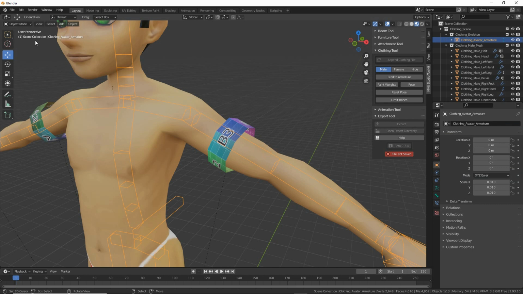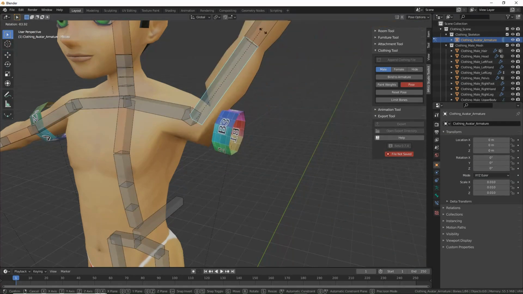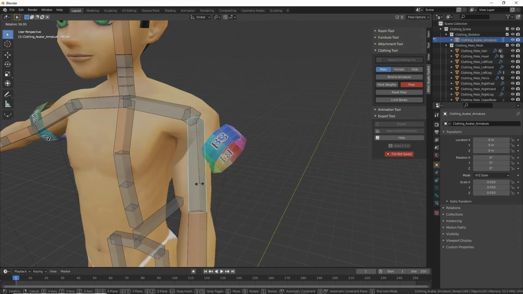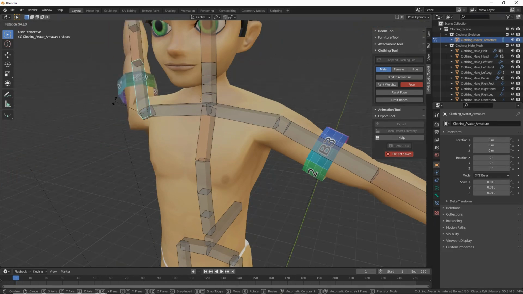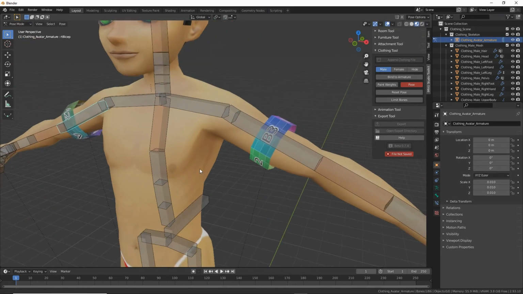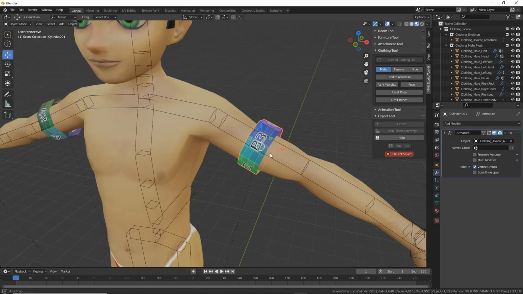So if we check this bone again, we can see that we've got some odd deformation of this one, but we haven't of this one. So that means there's multiple vertex groups associated with this mesh that need to be tidied up or removed. Object mode. So select our mesh,